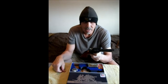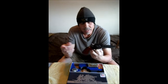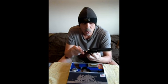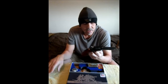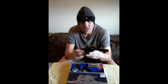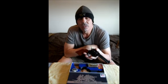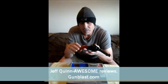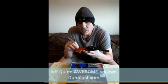Anyway, I realized I probably paid on the high end of this pistol. I'm sure you can get a lot better deal, but even at $250, I figure this is a good deal. This is, as Jeff Quinn would say, a dandy little firearm. What I like about it is,